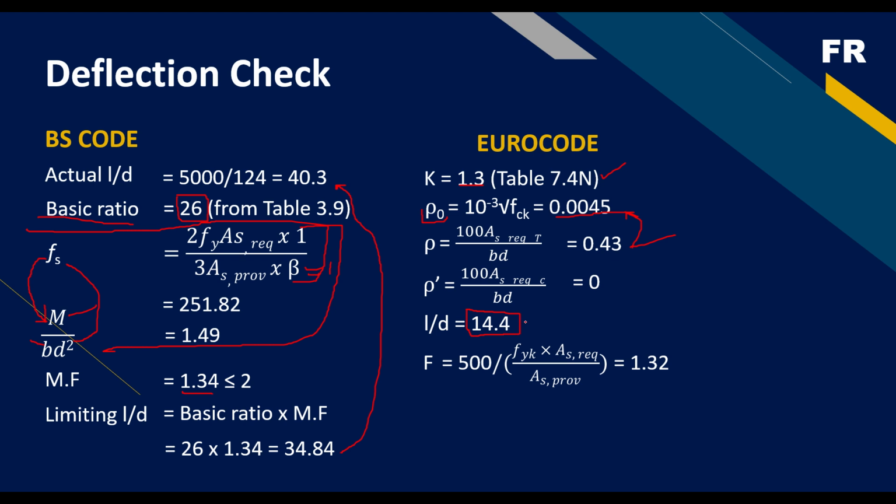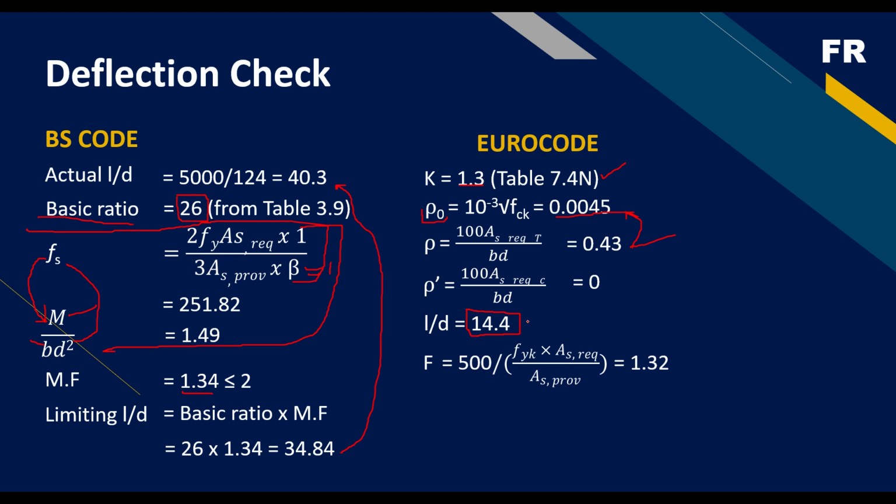If you are designing a flange section, but you know it's a slab that we are designing, it is not a beam. So since it is a slab, there is no flange, so that factor tends to be taken as 1. The second factor is the effective length of the slab. This is only applicable when the slab length is greater than 7 meters. But if the slab length is less than 7 meters, you don't need to apply that factor. Because our slab length is 5 meters by 5.5, it is not up to 7 meters,